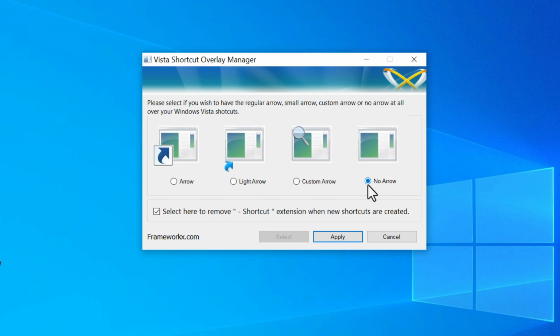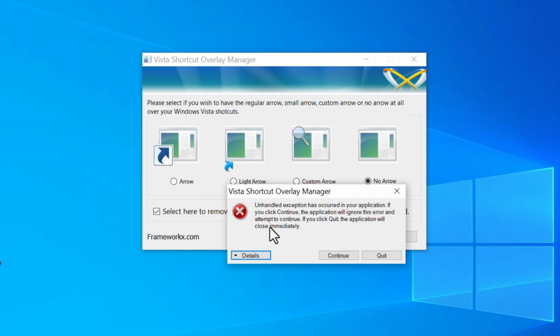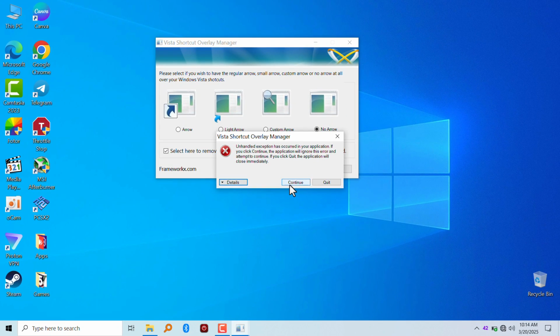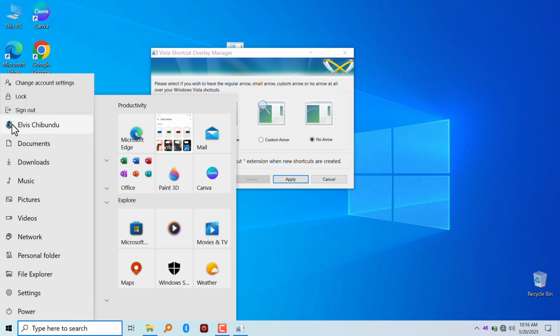So once you select no arrow, make sure that you have this selected. Select here to remove shortcut extension when new shortcuts are created, click on apply. It's going to tell you to log out from your Windows. Click on yes. So you might get this error, but don't worry, you can always log out manually. So you don't need to reboot your computer. All you have to do is to sign out from Windows and sign back in, and everything will work perfectly